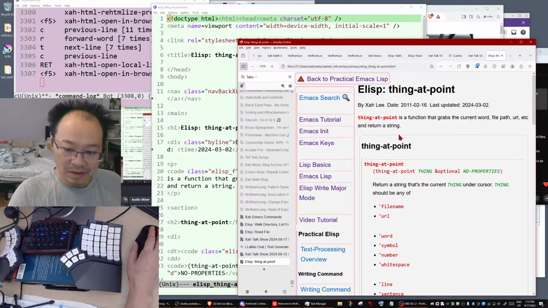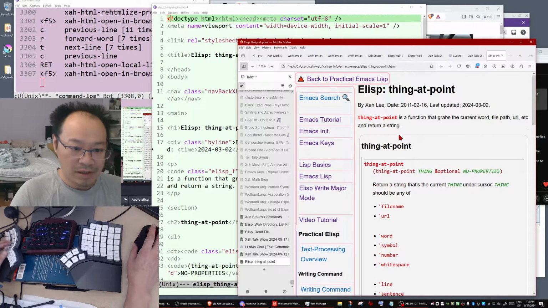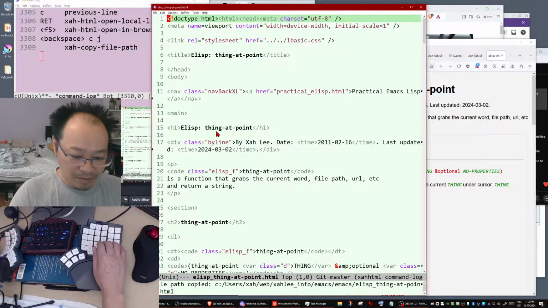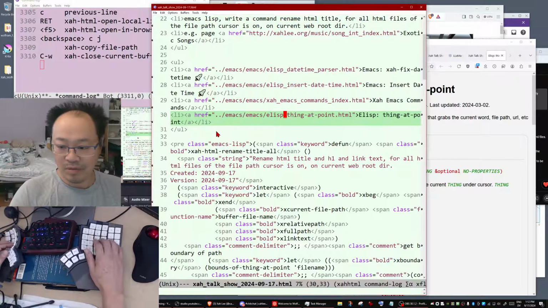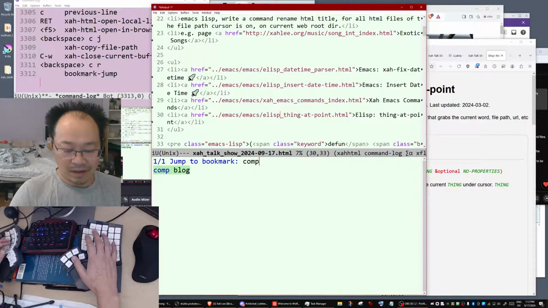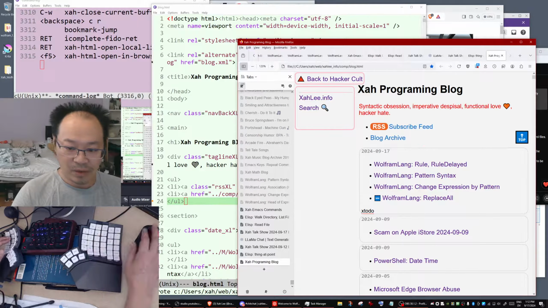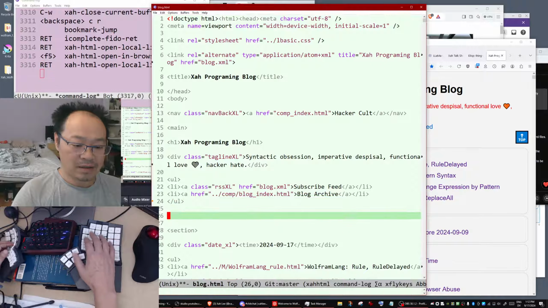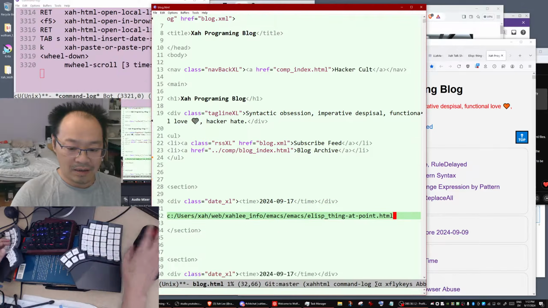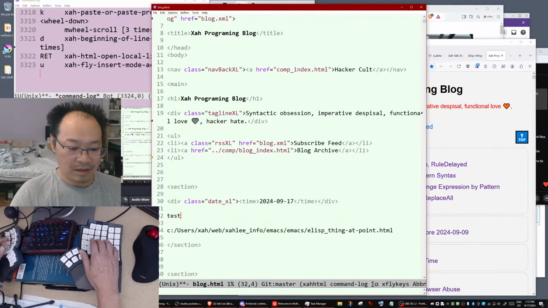So this is about using the thing at point page. So copy the file path, and let's go somewhere. Okay, let's go to my computer programming blog, show in browser. So that's what I'm working on today, and let's just add a test here, test.